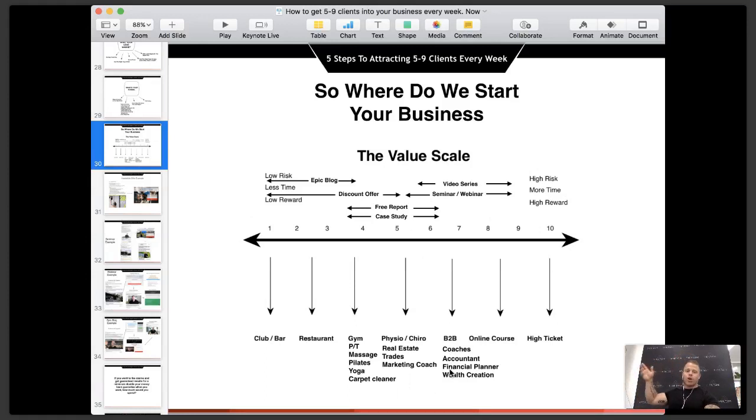We have accountants, we have coaches, wealth creation. So someone who actually owns a house currently, and you know they're trying to build wealth, you could get them down to a seminar. So it's like how to use the equity in your house and buy 10 properties in 10 years and get financial freedom. So it's a financial freedom seminar on property. That's what you should be doing if you're essentially a financial planner. Then we look at online courses and high ticket, and we've covered that as well. Team, I want to know, before we move on from here, I've gone in pretty in-depth with this.